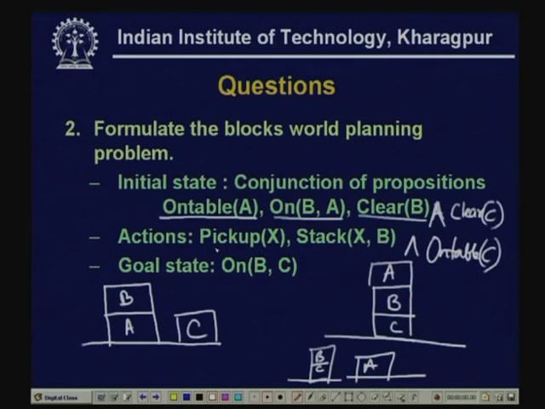So, for the pick up X action, the preconditions could be hand empty and clear X. If X is clear and hand is empty, then the pick up X action can be executed. Now, if pick up X action is executed, what would be the effect? The effect would be